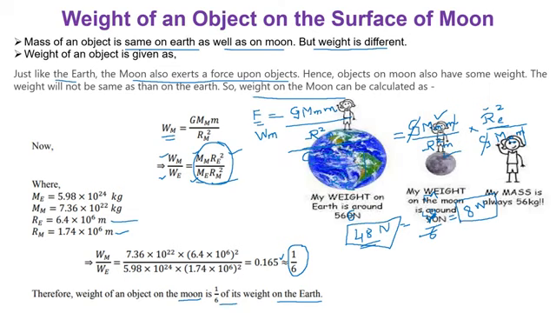Now you can see here, my weight on the Earth is around 560 Newton. So the weight on the Earth is 560 Newton. What will be the weight of the person on the Moon? It will be 560 divided by 6, that is 90 Newton. I'll just erase everything. Fine. So it will be 90 Newton. Here you can see.